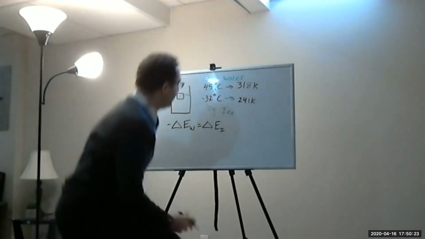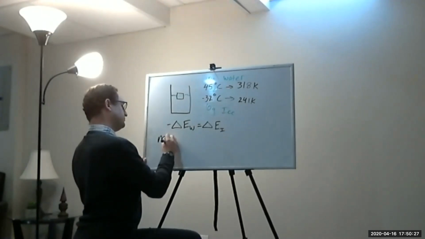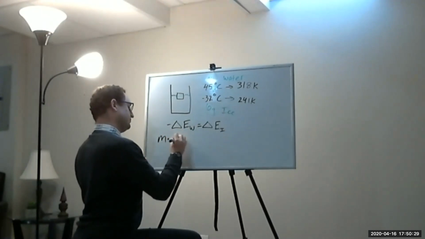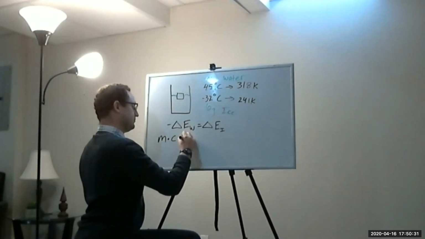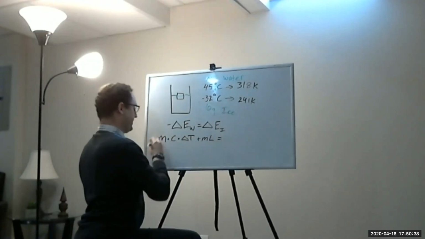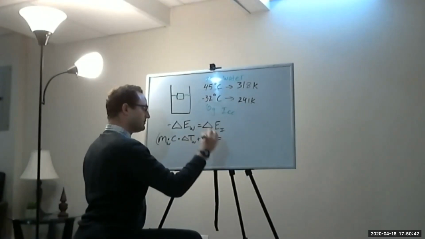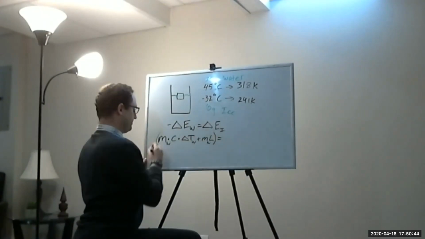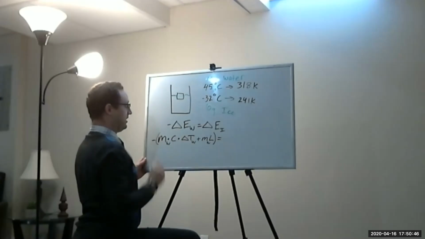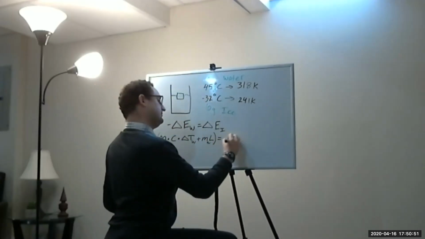Namely, we know that delta E water should be, so all negative, so this is the water side, has to equal